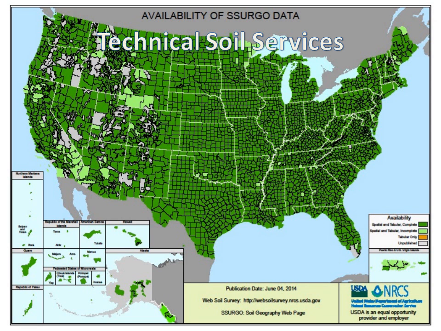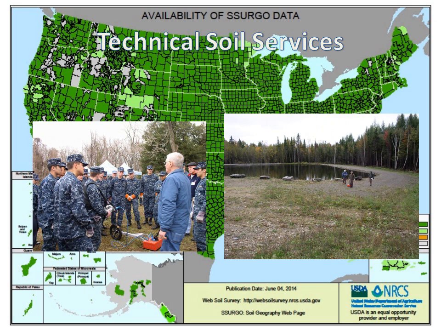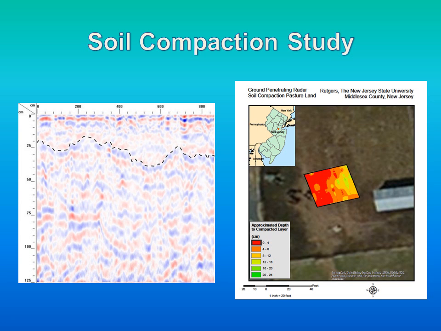With the near completion of soil surveys in the United States, ground-penetrating radar is being used increasingly to support technical soil services that help people better understand soils and soil information. As part of technical soil services, GPR is being used in the planning of resource conservation practices and resource management systems. As an example, in New Jersey, working with Rutgers